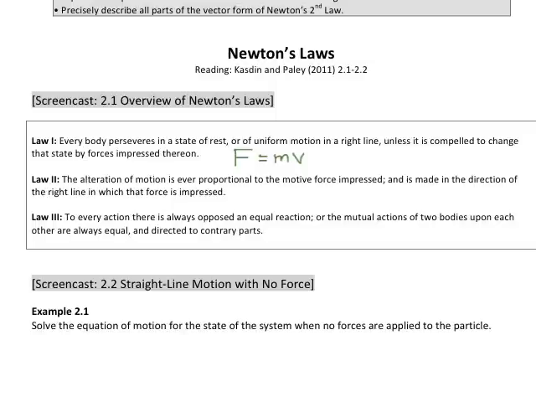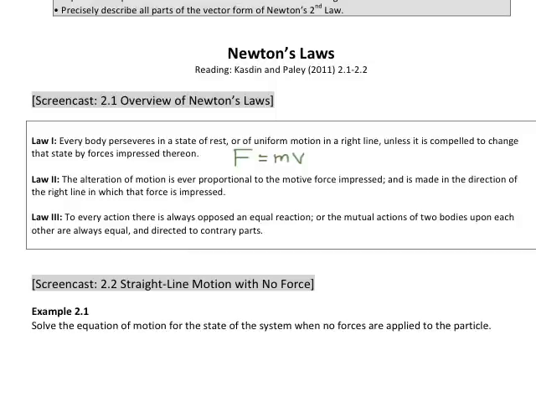And so really what Newton's doing here is making a very bold statement. He's saying motion is motion. Things can be in motion and there doesn't even have to be a force that's being applied to it to cause that motion. Force is only going to change the motion. And that takes us to the second law.